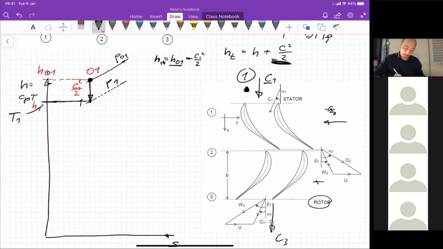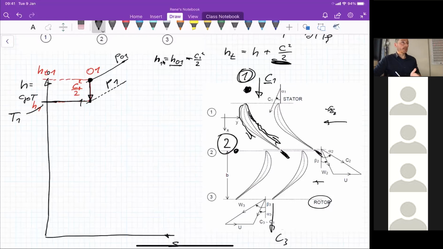And now I go inside the stator. The stator, of course, will have a boundary layer here that will build up. The boundary layer will be laminar, and then at some point it will be turbulent. Maybe you get flow separations, you get a wake. Here you will have a wake. You might even have shock waves if the flow is transonic, which introduces losses, which means that from here, point 1 to point 2,